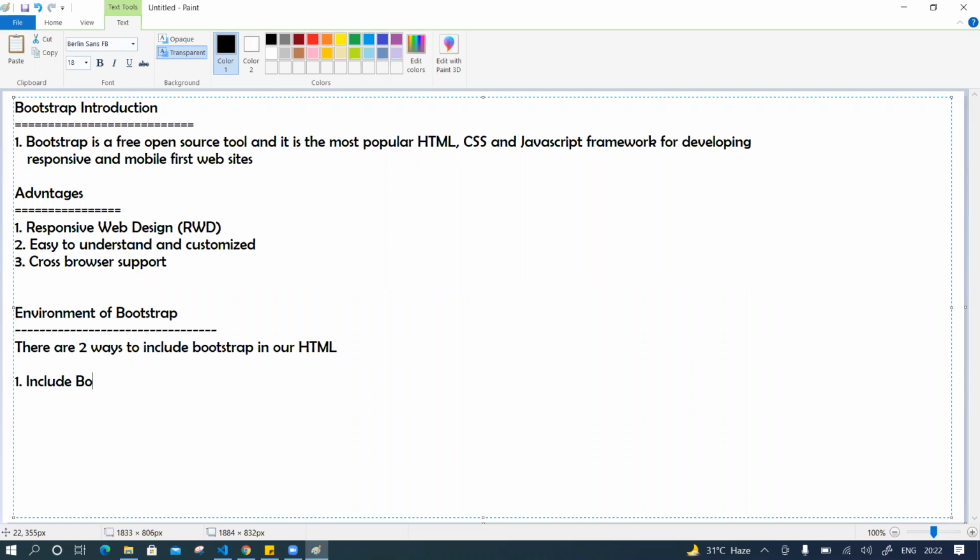So Bootstrap CDN, Content Delivery Network. Okay, so CDN links. And the second one is, so we need to download, this we know already, we have